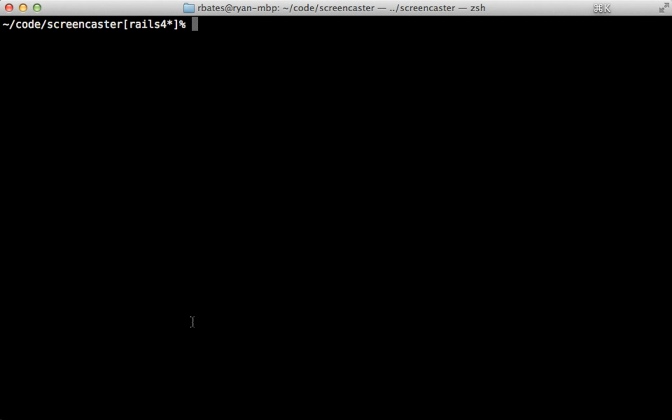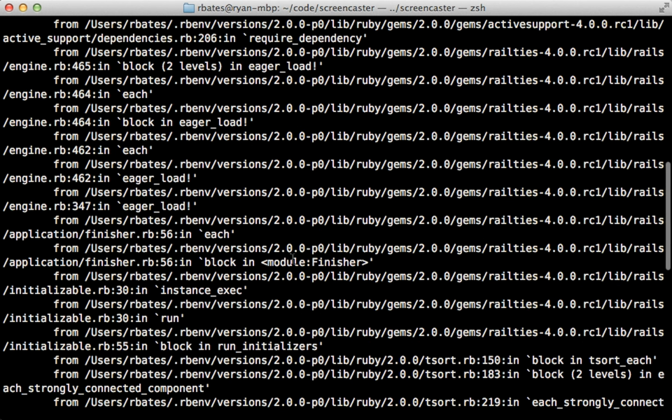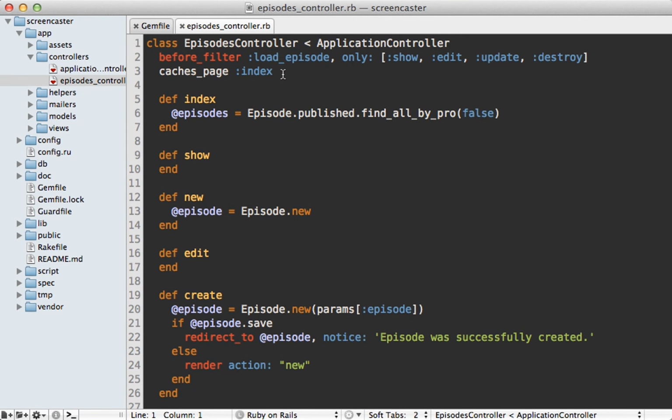So now that we've got our gems up to date, let's try running our specs. And that fails miserably. So let's look at the error message here, and it looks like it's complaining about cache's page being undefined. So I am doing page caching in this app, which has actually been removed in Rails 4, along with many other things such as observers and protected model attributes and active resource. So if you need any of these features though, the good news is that you can easily add them back